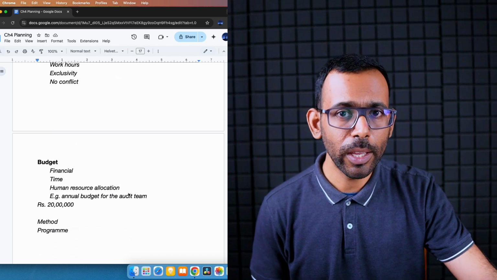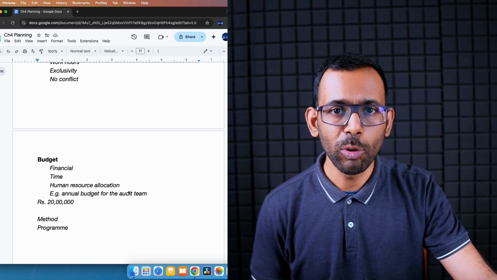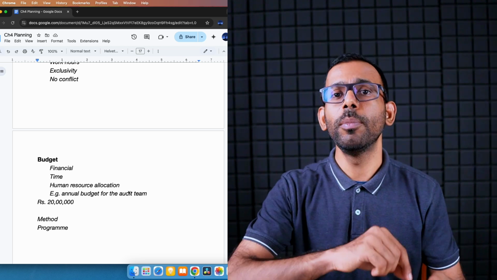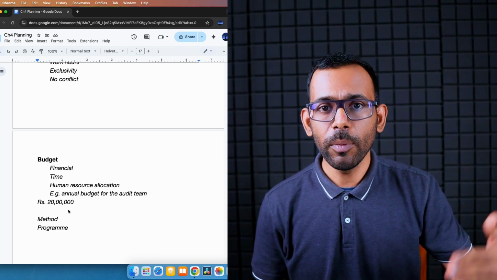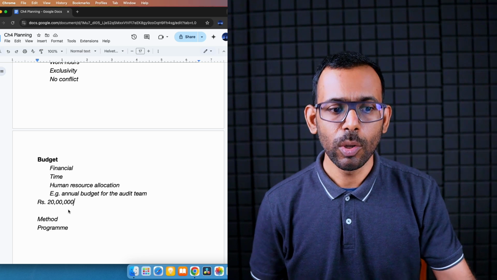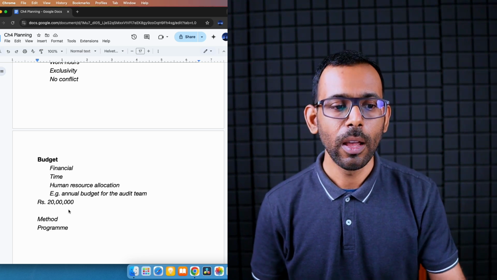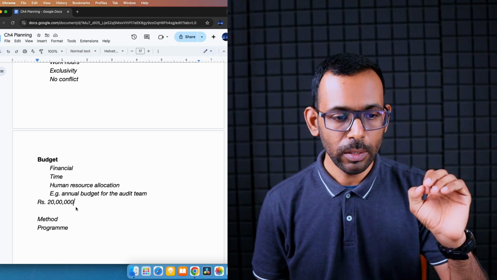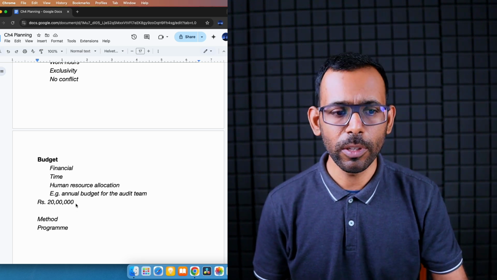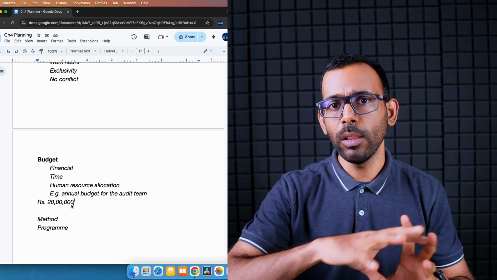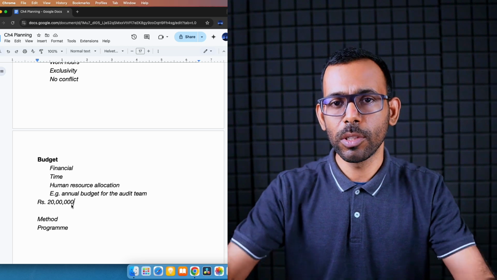If we are going as a team of 3 or 4 people, it will definitely cost 1.5 to 2 lakhs. Now like this, we will be carrying out a lot of travel, a lot of audits. So the audit team will be incurring a lot of expense. So the managing director has to set a limit at the beginning of the period and curtail the team. This year, do work freely, but the maximum financial allowance is 20 lakhs. For all the work that you are doing for this company, the budget I'm giving you is 20 lakhs.